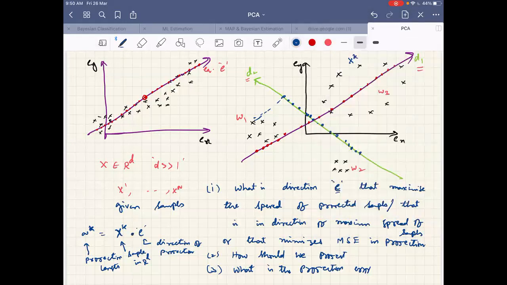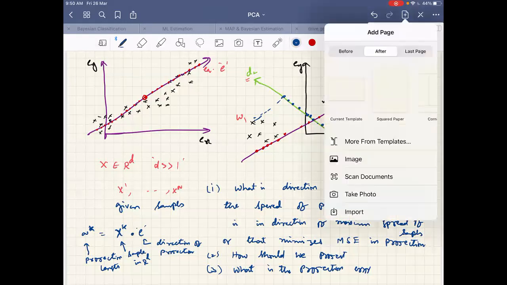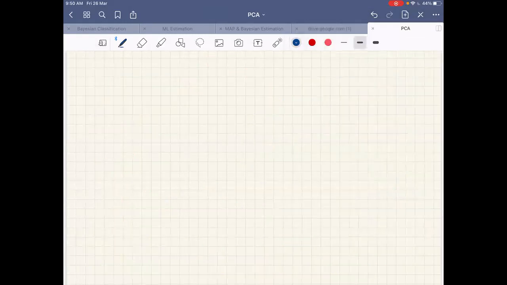Between these two there is a dot product. Let me write the expression: AK is equal to E transpose into XK. I can write XK transpose into E or E transpose into XK.